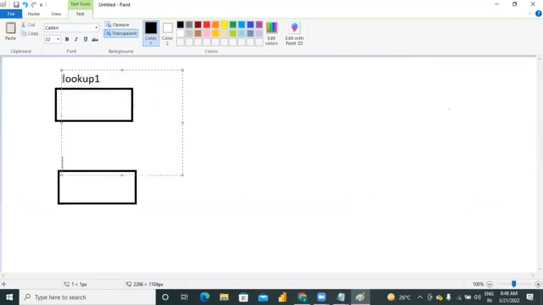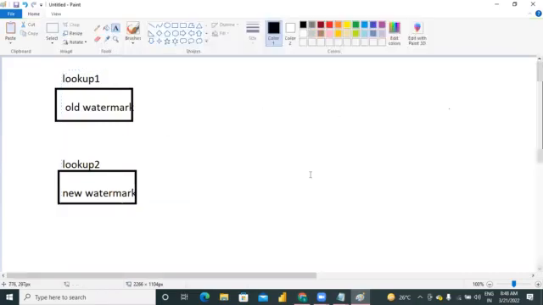Look up 1. Look up 2. Old watermark. Internet connection, unstable PC. Now this is for new. Got it. So for these two things, what I do is